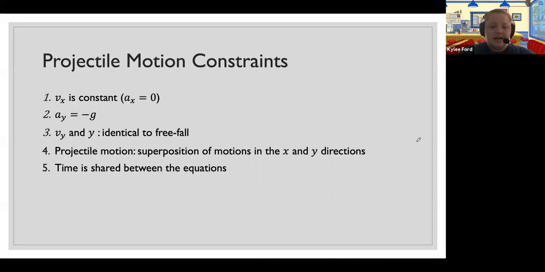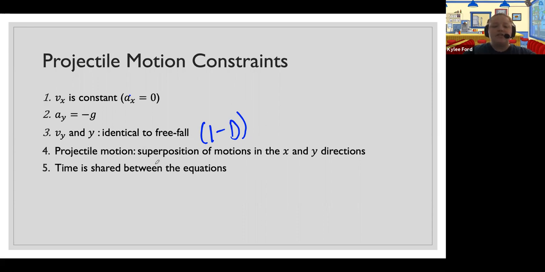Again, I wanted to lay out our constraints. This is basically what I just went over. Our velocity in the x direction is constant, and our acceleration in the x direction is 0. We went over that. Our acceleration in the y direction is negative g. That's just plain free fall. Our ay and our y are identical to free fall, so it acts just the same. And so remember, look at that in 1D, our projectile motion,